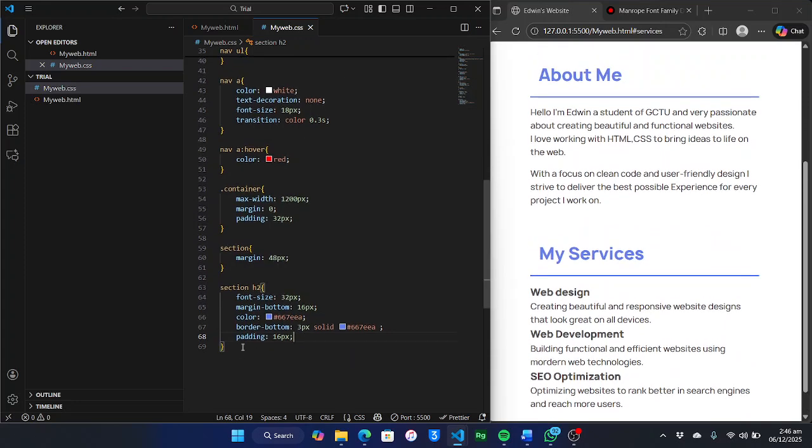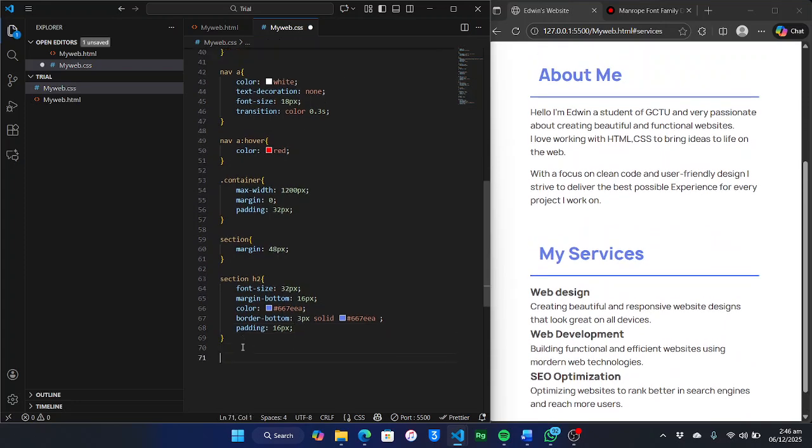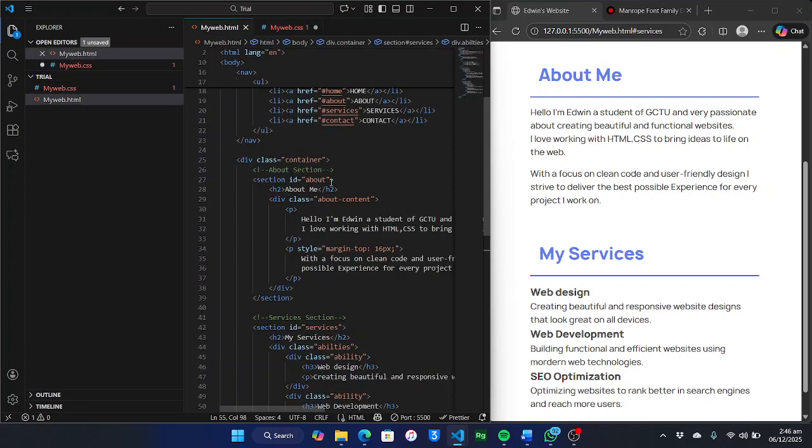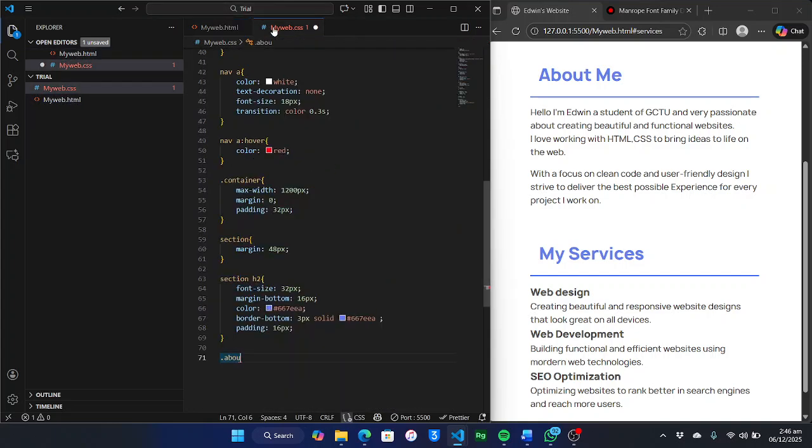So it's okay now. So let's style the about content here. You need to also style it very well. So dot about content. I think that was the class name. Okay, about content, that was the class name. So about content,